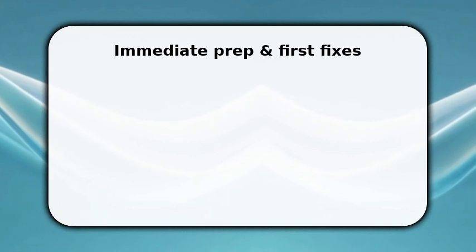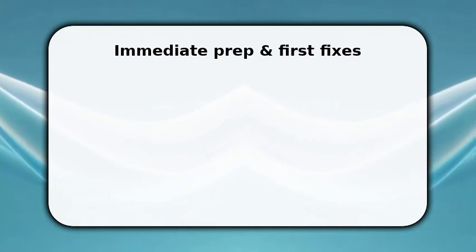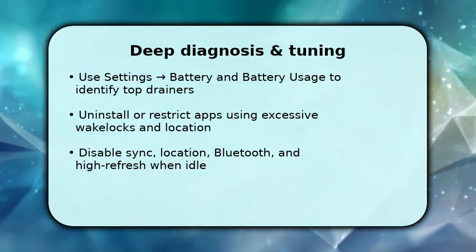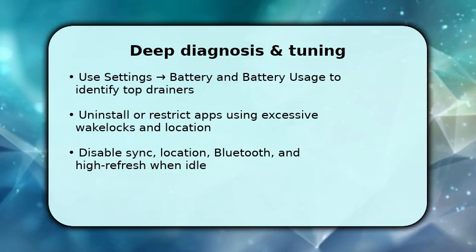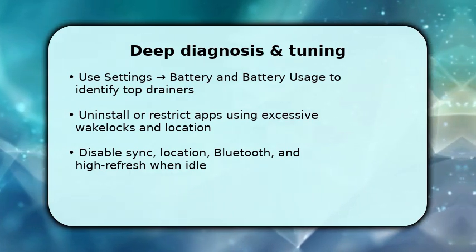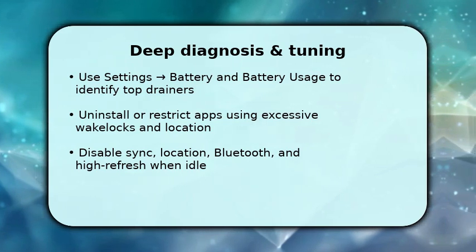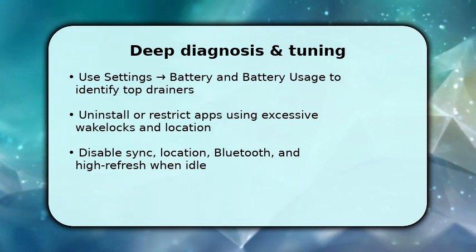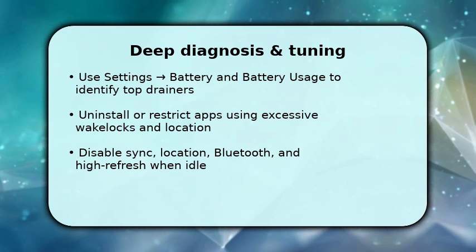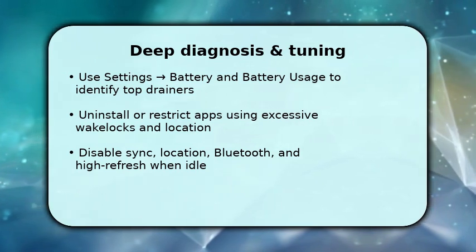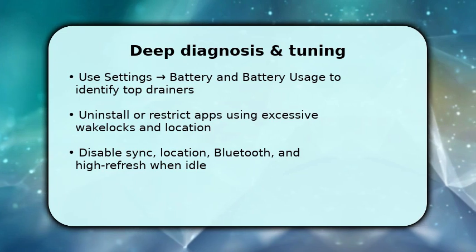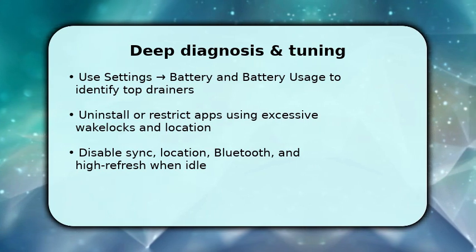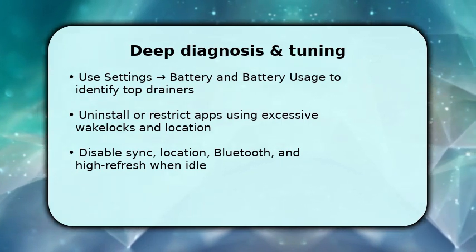Next, you perform a detailed diagnosis. Open battery usage and note apps or services with disproportionate consumption. Once you identify culprits, uninstall or force stop and restrict their background activity and permissions. Apps using constant location or wake locks are common offenders. Make sure to lower screen refresh to 60 Hz, reduce brightness and timeout, and switch sync schedules to manual or longer intervals. If you're comfortable, use ADB dumpsys batterystats to reset and inspect detailed wake lock reports for persistent